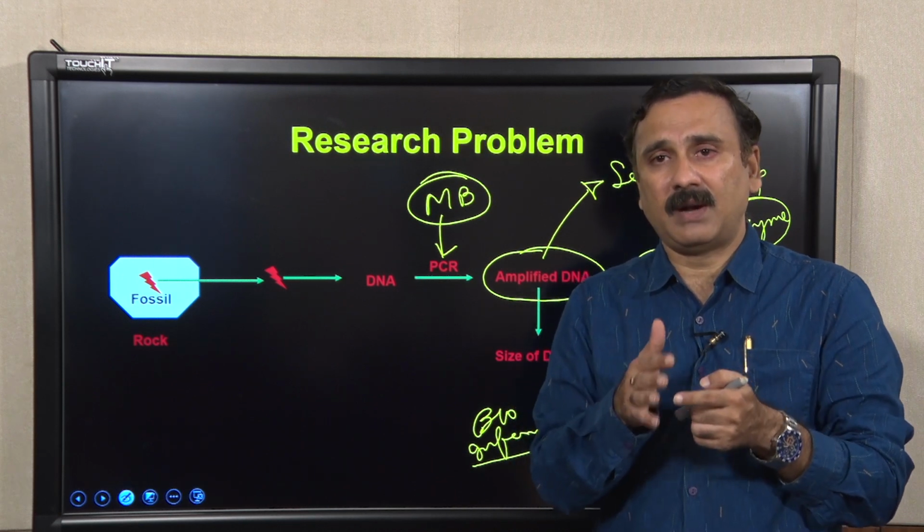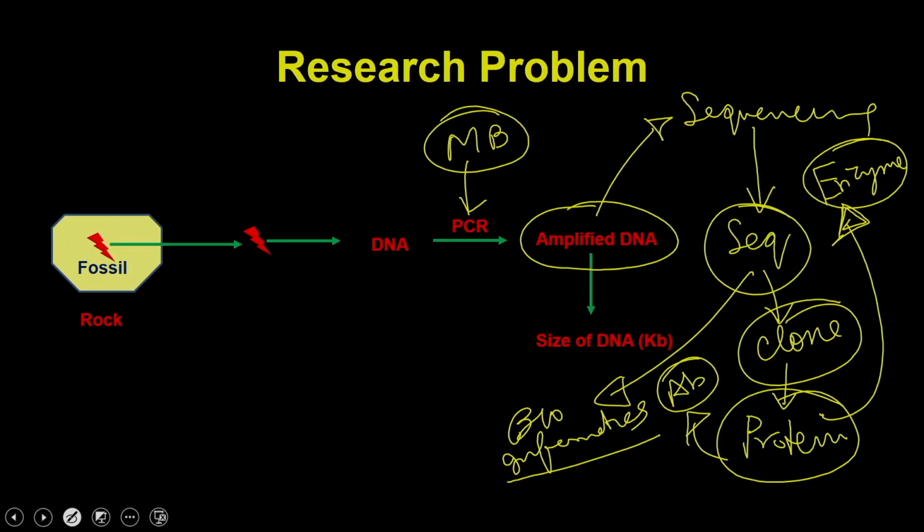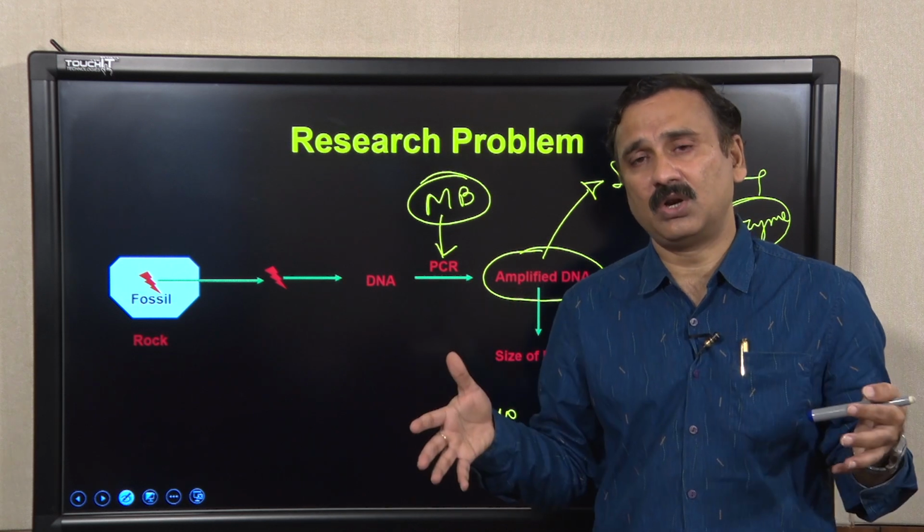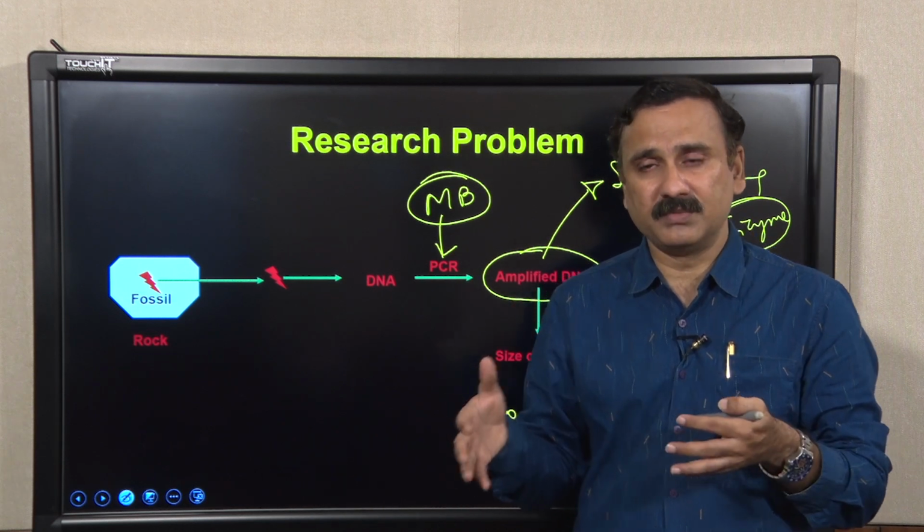And apart from that, since you have the rock sample also, you can easily calculate the age of that particular rock, and it is going to tell you in which era this particular dinosaur was existing. So that is the way you should plan your experiment. You integrate all other techniques, and that's how you are going to get a global picture and the full picture about this particular type of problem.